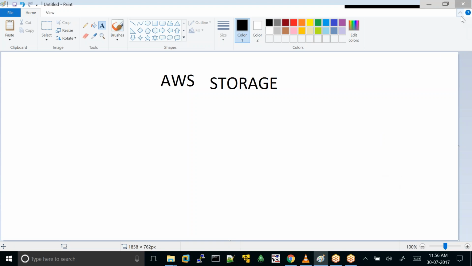In our yesterday's session, today is session 2. What we discussed yesterday is that we started our discussion on what is cloud computing. The agenda for today's session is that we are going to start the discussion on the storage perspective of Amazon AWS